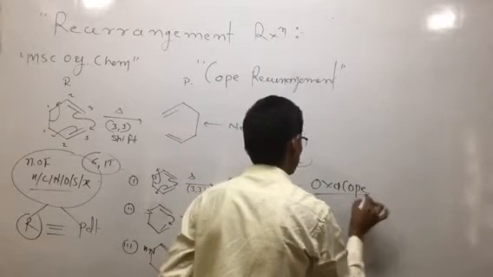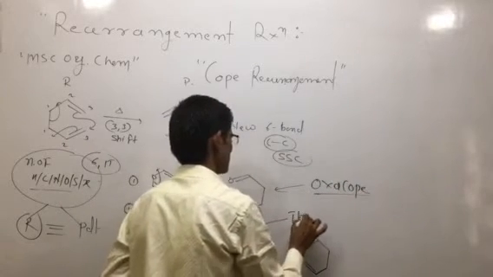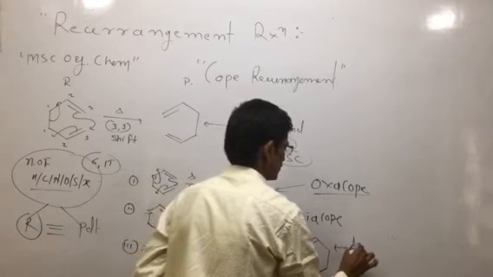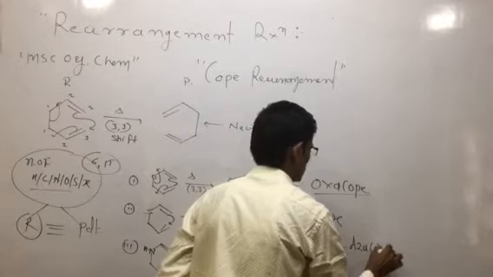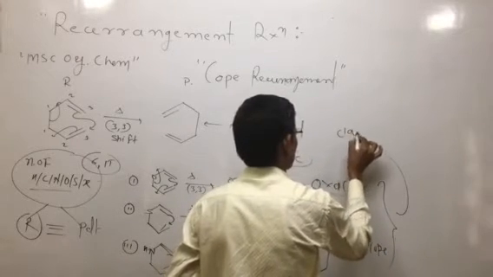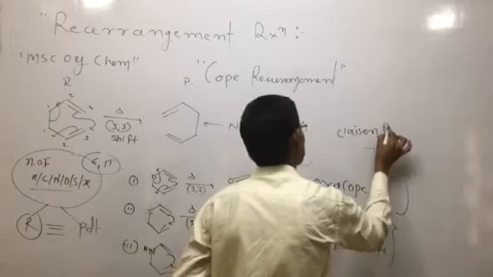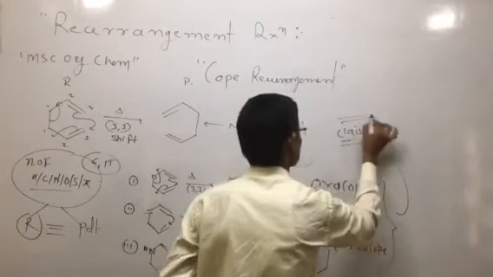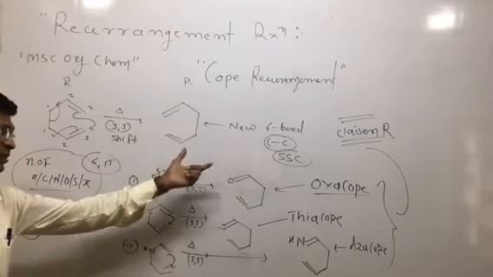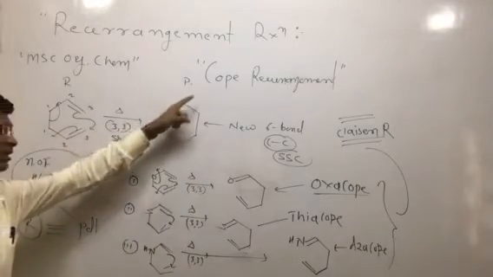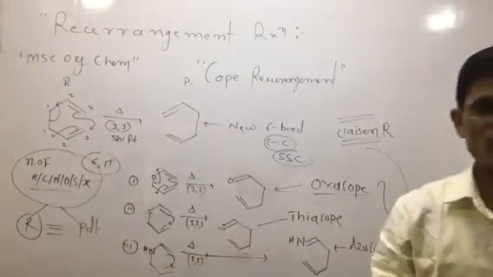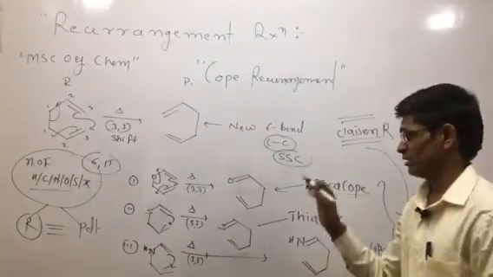Oxocope rearrangement. This is called thiacope rearrangement, and this is called azacope rearrangement. So this is commonly known as Claisen rearrangement. It is known as Claisen rearrangement reaction. We call this Claisen rearrangement to the cope rearrangement, whenever the heteroatoms nitrogen, oxygen, sulfur